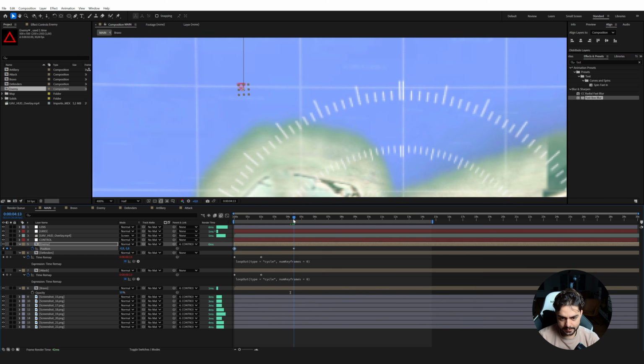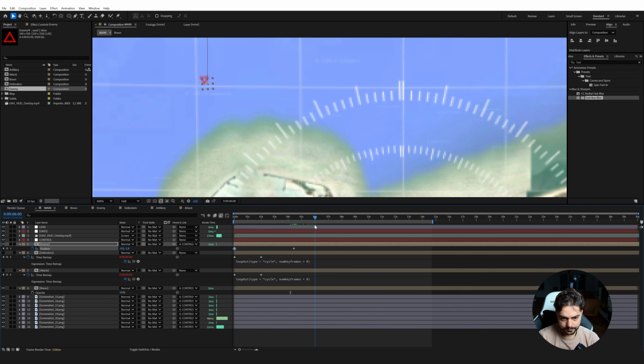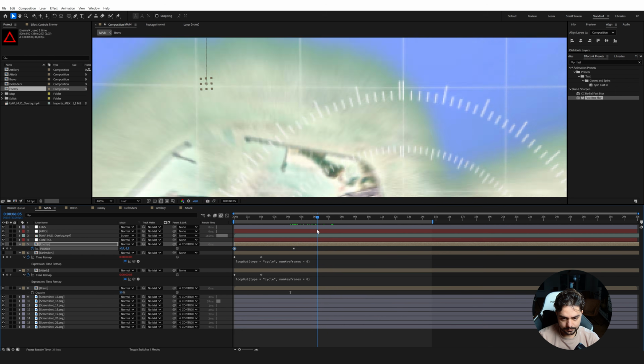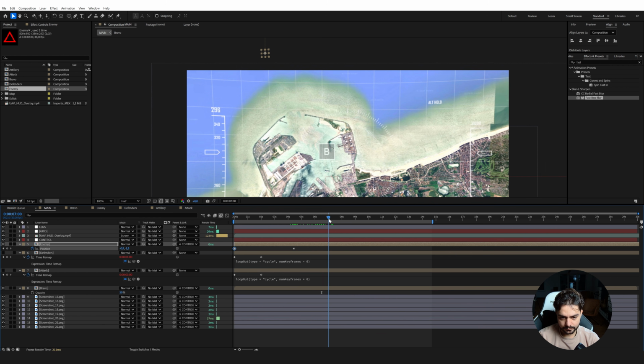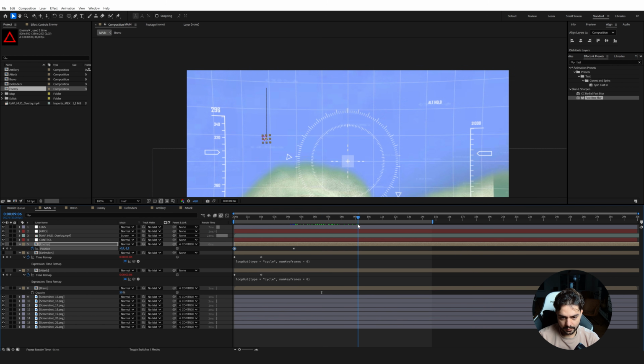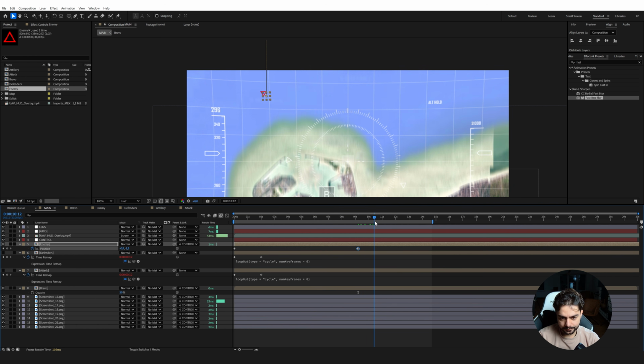So right here, it's closer. And then right here, we have this zoom to our beach. So we're going to bring this keyframe over here, so they're kind of closing in. And then we're going to bring them closer and closer until they're at the beach,